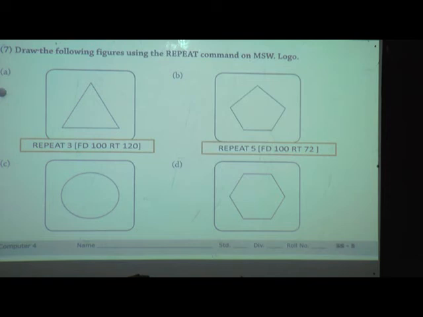Then for this, what is it? Circle. A circle is 360 degrees. That's why repeat 360 FD1 RT1. Now which figure is it? It is a hexagon, meaning it has 6 sides. We have to write repeat 6 FD 100 RT 60.